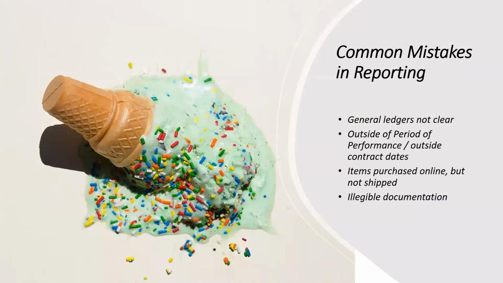I want to go over just a few common mistakes that I see so we can help avoid them. I went over the general ledgers not being clear earlier, but I really can't understate it. Make it painfully obvious what you're trying to say, what the expense was for, when it happened, all that good stuff. In federal funds, if this is a federal contract that you're working on, we're also bound by what is called a period of performance, which means that you can only be reimbursed for items that were incurred during the contract period. So for a contract starting July 1st, 2022 through April 29th, 2023, for example, we will not be able to reimburse anything incurred prior to July 1st.